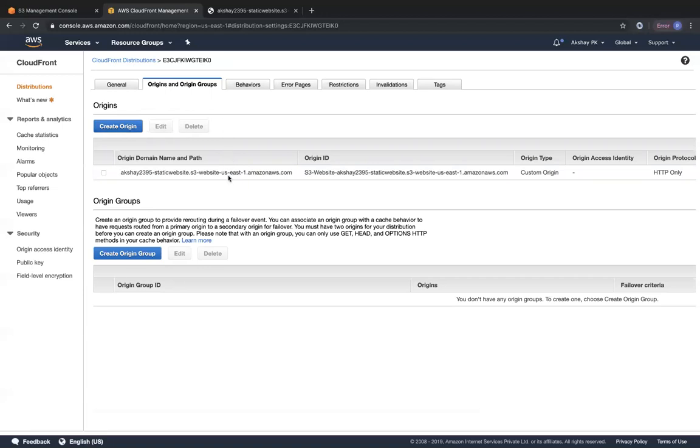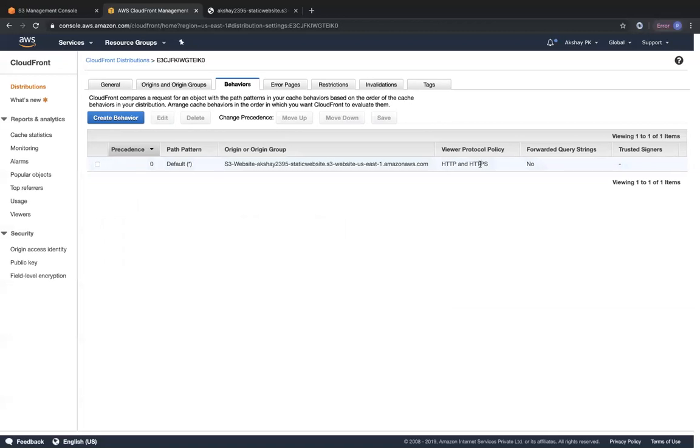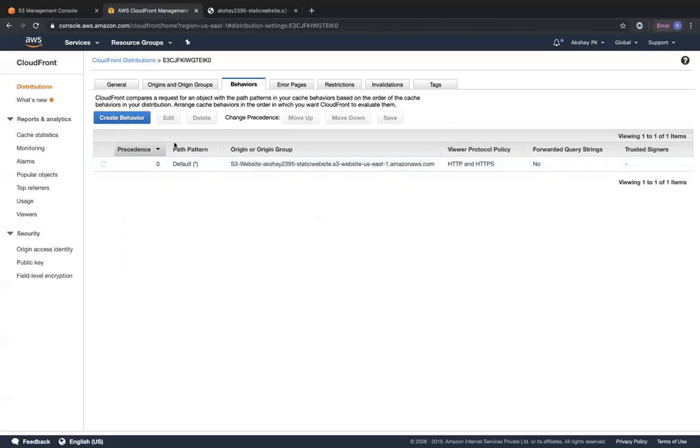And like I mentioned, you can fail over between origins. Set this as first priority, set the second origin as second priority. And if the first origin fails, you can go ahead and serve your content from the second origin, and CloudFront does it on your behalf in the background. Okay. When it comes to behavior, you can see that we have 0 as the first precedence for this particular origin. And the viewer protocol policy is supporting both HTTP and HTTPS. So you can create any additional behaviors also that you would like.